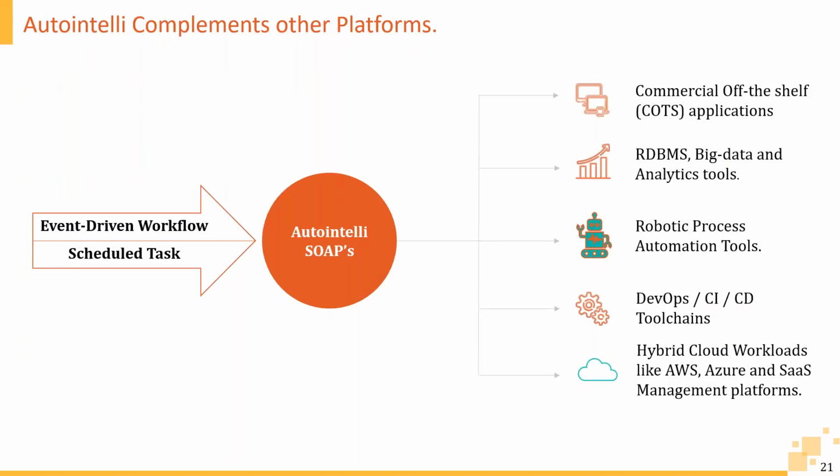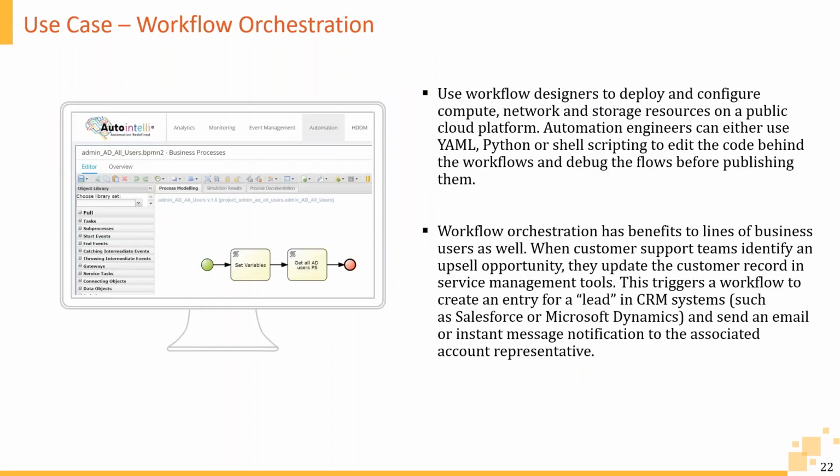We can expand this to robotic process automation, where you can use a Selenium engine. With the help of the Selenium engine, you will be able to do an RPA project. We can use it for DevOps CI/CD pipelines, and we can also integrate with the hybrid environment. That would include multiple vendors like Azure, AWS, or even your VMware, which would be running on-prem.